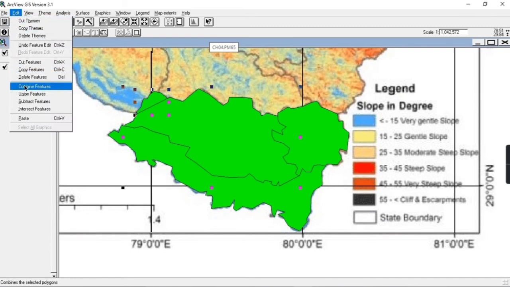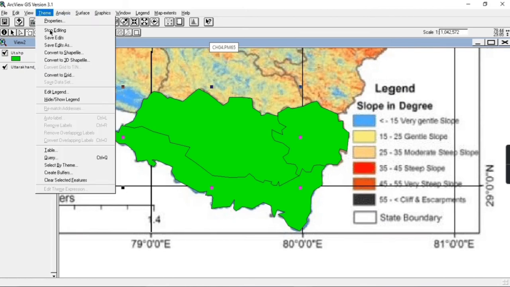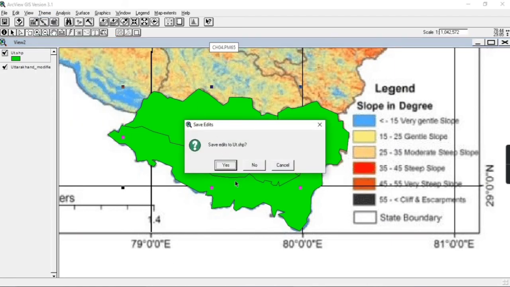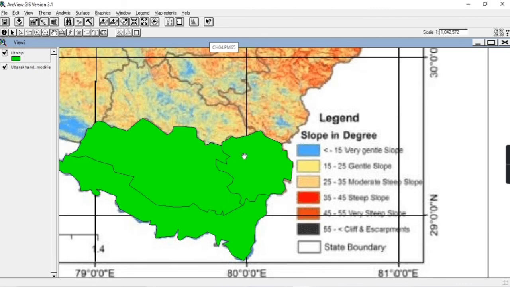Go to this combine feature and click on it. See, both the polygons have been merged now. Again click on save edits. Similarly, we can digitize other districts by using this append polygon.